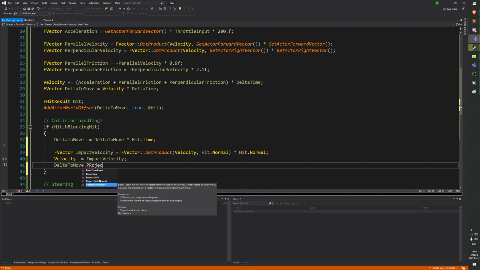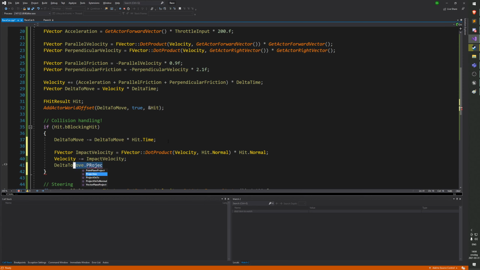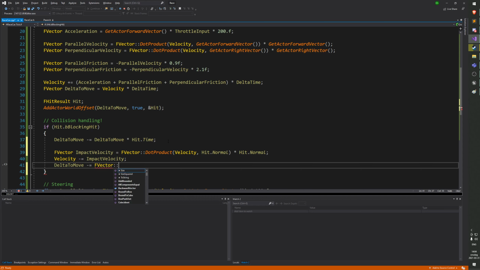Vector plane project. I guess I'll do it myself. So I'll do delta move minus equals, sorry, F vector colon dot product. I'll just do the same thing as I did with velocity. Delta to move hit normal